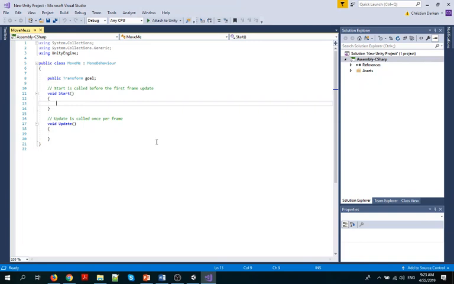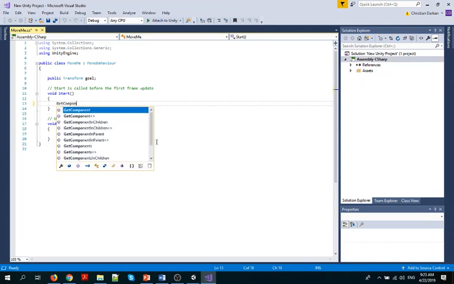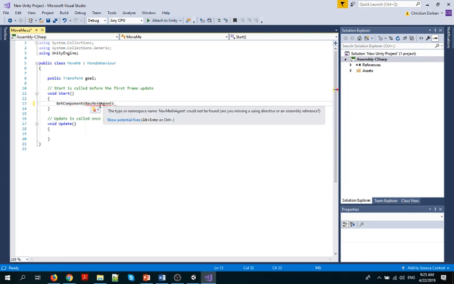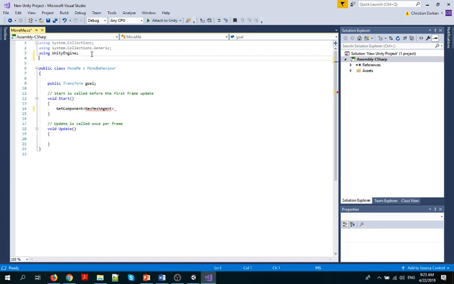Get component. Thank you. Yeah, that's what we do. Get component, angled braces, right? NavMeshAgent. Now I noticed that you used to just be able to type this in, but you see it's sort of going, "I don't know what that is." It's because they split off the navigation into a